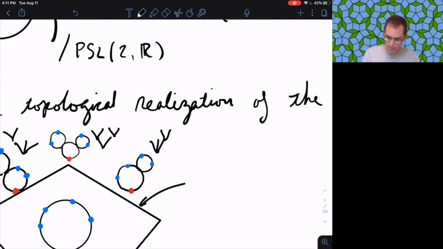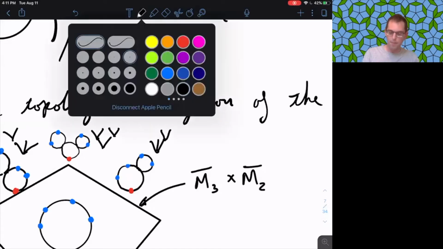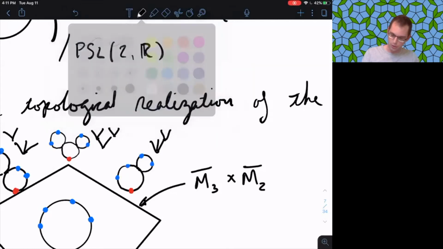And so when we do that thing that Emily is suggesting, what that would be doing is identifying the different faces or compactified faces of the associahedra as products of lower dimensional associahedra. So for instance, that upper right edge, we'd be seeing as M3 bar times M2 bar, where we're cutting up that degenerated tree of circles into,